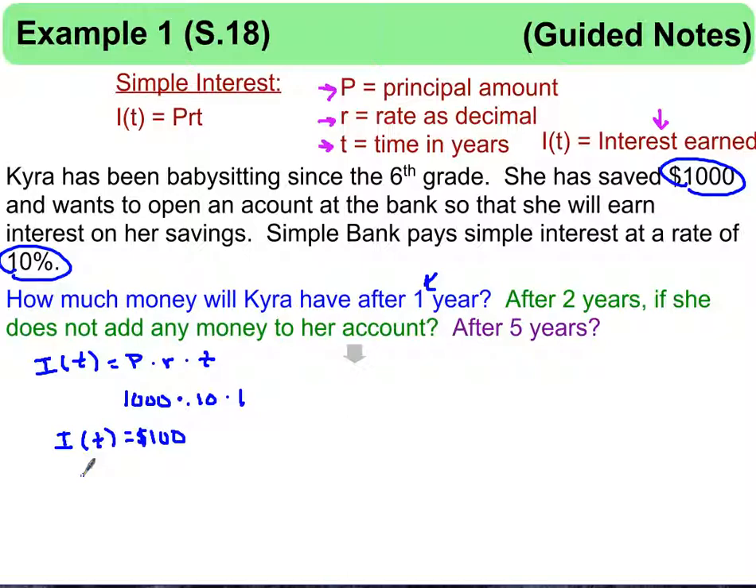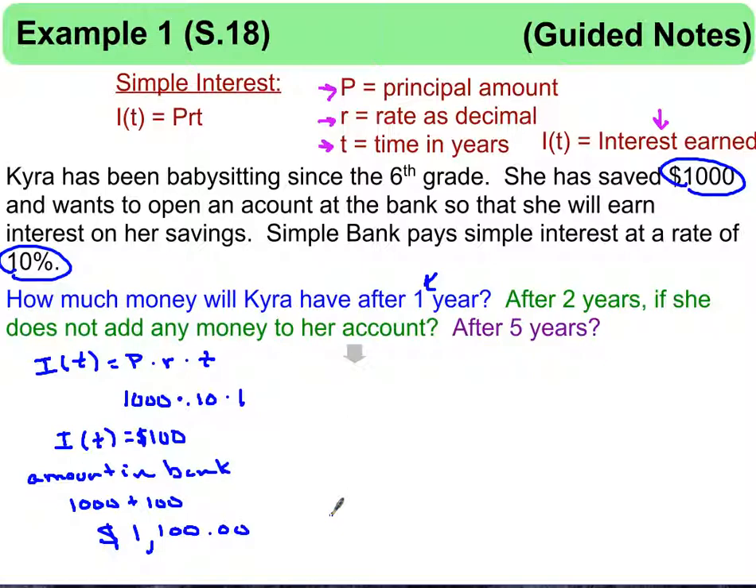So if I want to know the amount in the bank, so we'll just make a note, the amount in the bank, I have to take my original principal, and I have to add that to the $100 that I earned. And so I've got $1,100 in the account. I didn't even write that right. So we will write that correctly. $1,100